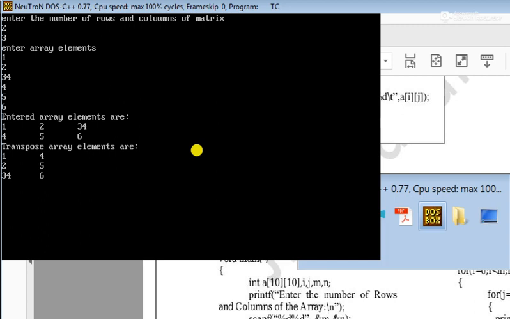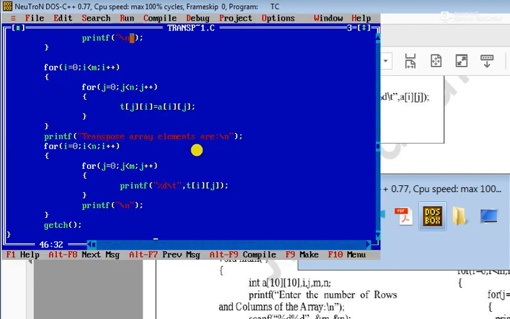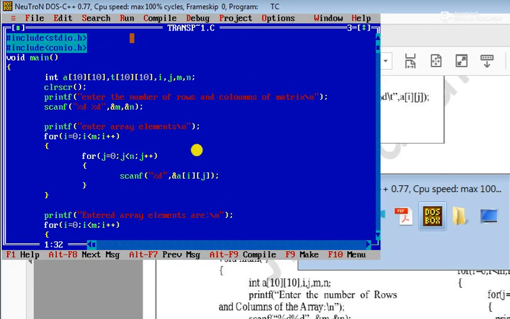So this one is the program to transpose the matrix. This one is very important. Okay, so now I attach this program along with your video. So watch that video and then try to execute these programs. This one is also a very important question for your examination. This one was already asked for 10 marks.